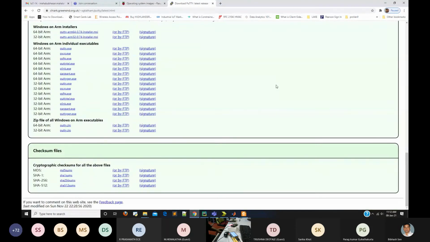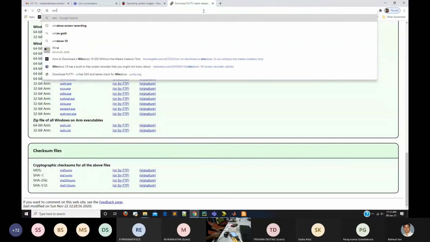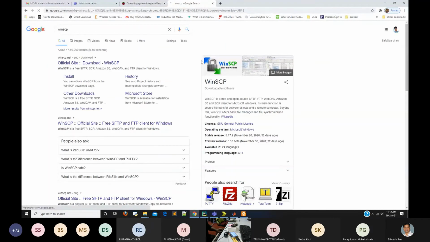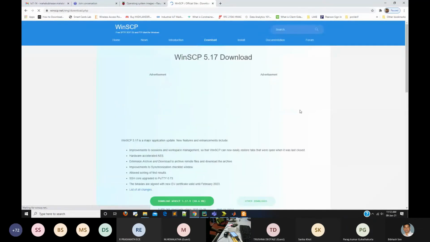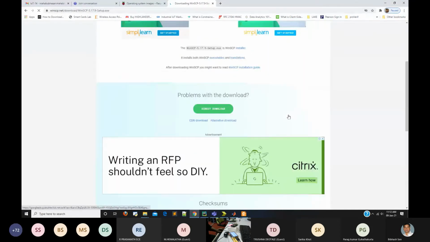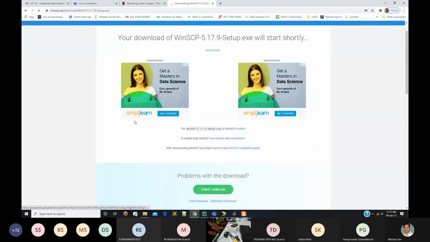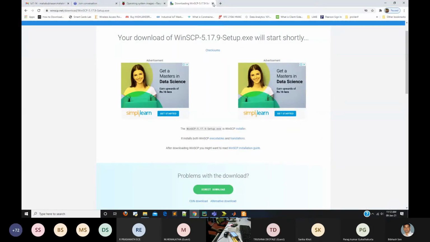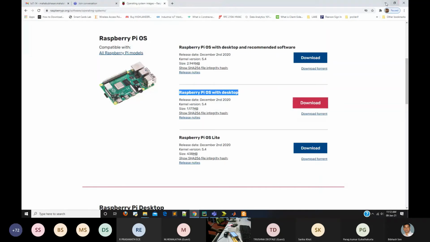You can download the PuTTY software from here, the zip file, and also WinSCP, on the official website. Okay, so this is all that we require.